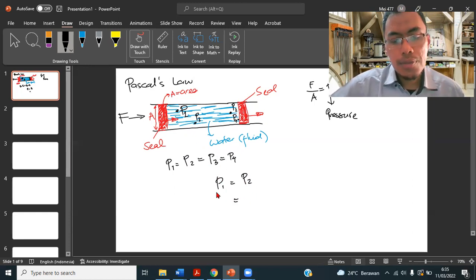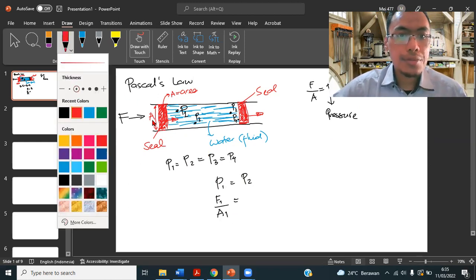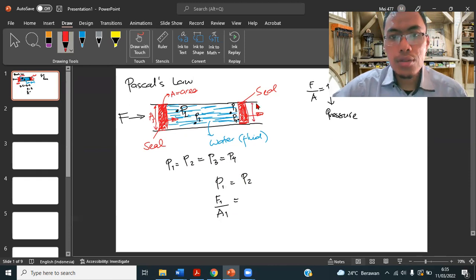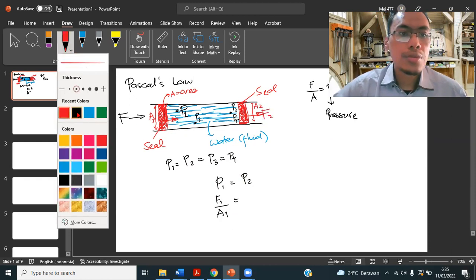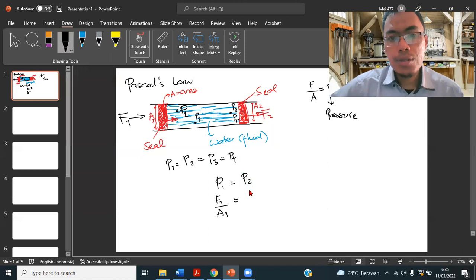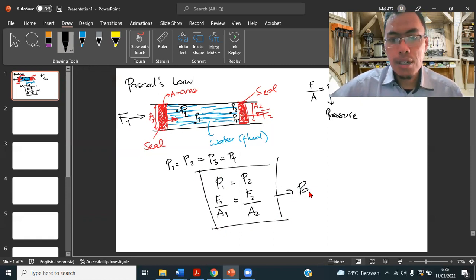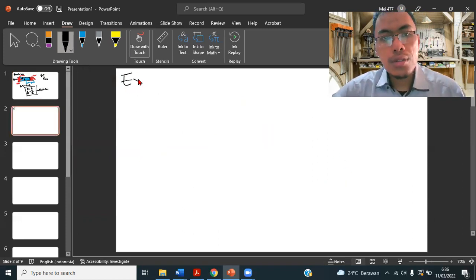then we can also formulate P1 comes from force 1 divided by area 1, so this one is area 1, and also this one is area 2, and then this is 2, 1. And then P2 is F2 divided by A2. Okay, so this one is called Pascal's law. Okay, now let's do some exercise